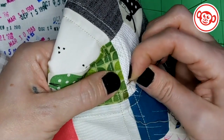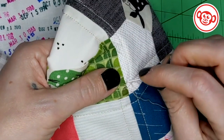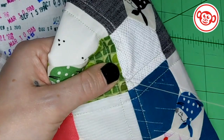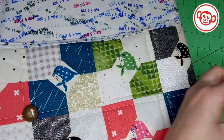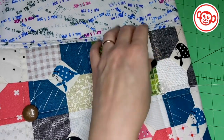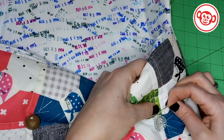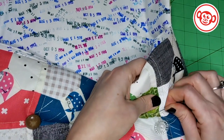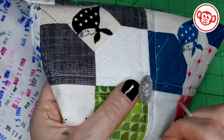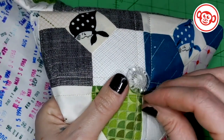I can go right through to the lining. I'm just using a coordinating thread, and this thread is 40 over 3, so it's a nice strong cotton thread that's going to hold the buttons in place. So I do like to try to go through to the back, but if you're just catching that first part and the lining on occasion, it shouldn't matter too much. And then I can just go through the whole of the button,